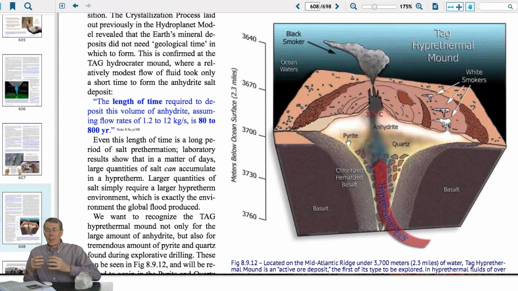Pyrite is the fool's gold that's found all over the earth in sedimentary materials, the small little bits of fool's gold. Pyrite is an extremely important part of this, and we demonstrate in this chapter that it came from microbes. We also have basalt down here. So basalt and quartz are some of the most abundant minerals on the entire surface of the earth, underneath the oceans and also on top of the continents. And the way these all formed, we're looking at right now in the TAG hydrothermal mound. So this is an important understanding for us to grasp how salt is made.